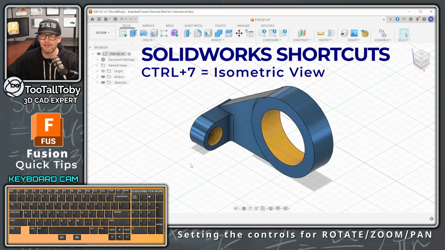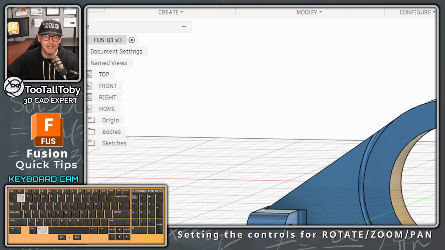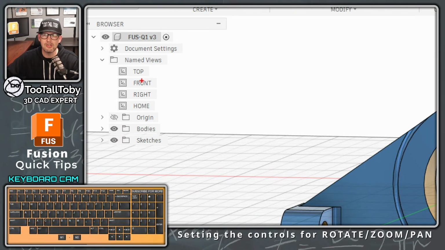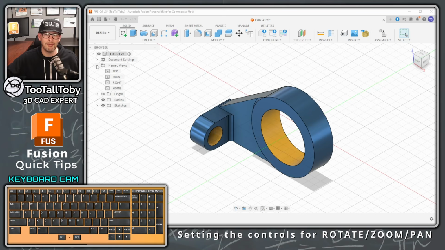my isometric view. In Fusion, I discovered that if you go over here to this flyout menu that says Named Views, this folder here, you can choose top, front, right, and home is usually your isometric view. But to me, that always felt kind of cumbersome. It felt kind of strange that I would have to fly out a menu, and I thought there has to